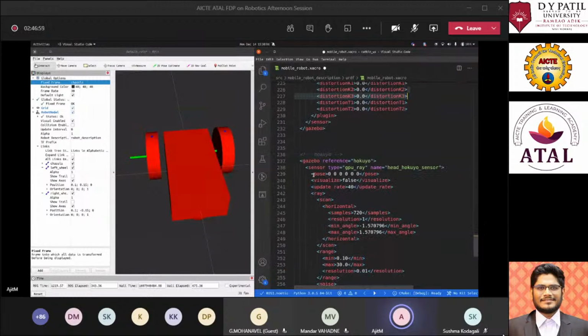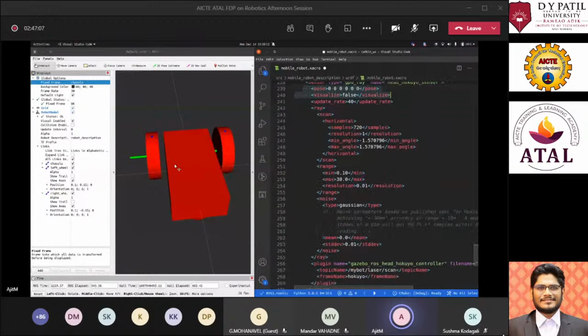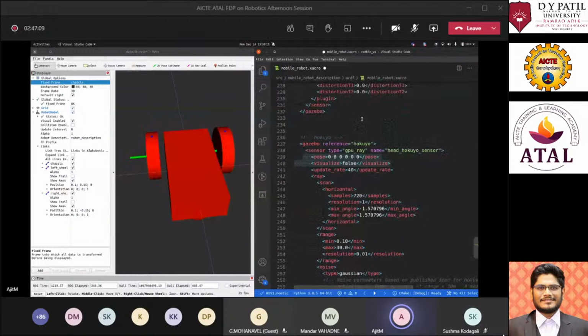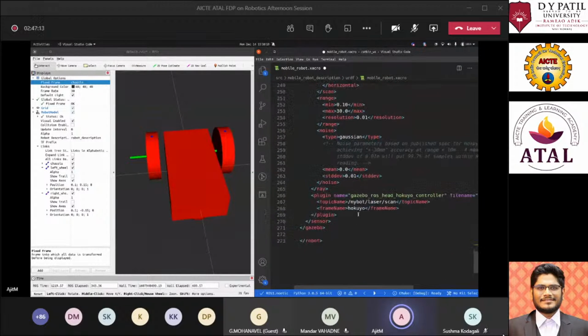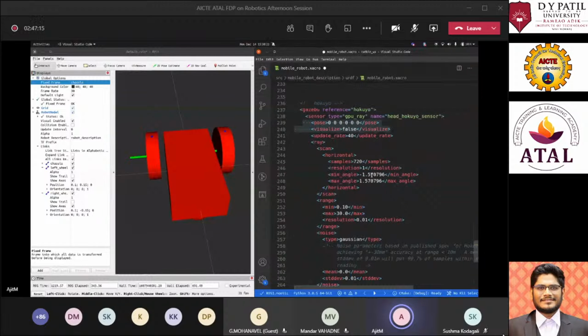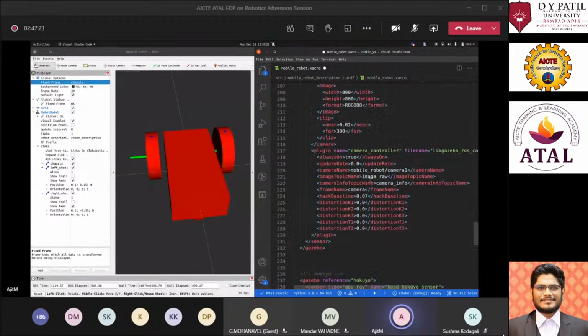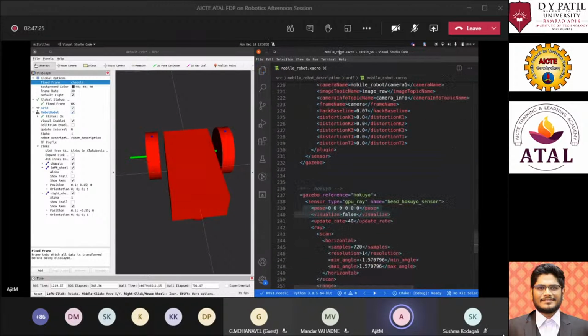And here also it has a sensor tag, and under the sensor tag there are a few different things, because this sensor is different from the camera. So you have to properly think about this while integrating. There are scripts available on the Gazebo website as well to integrate it. So now that I have integrated these two things, give me a second.